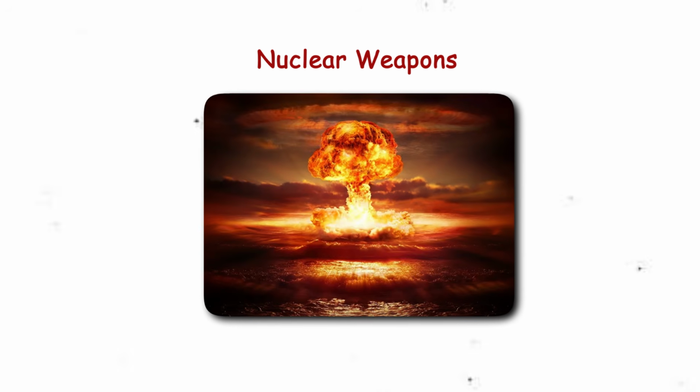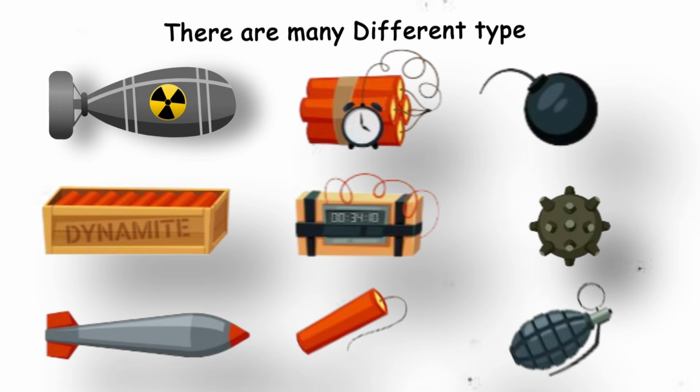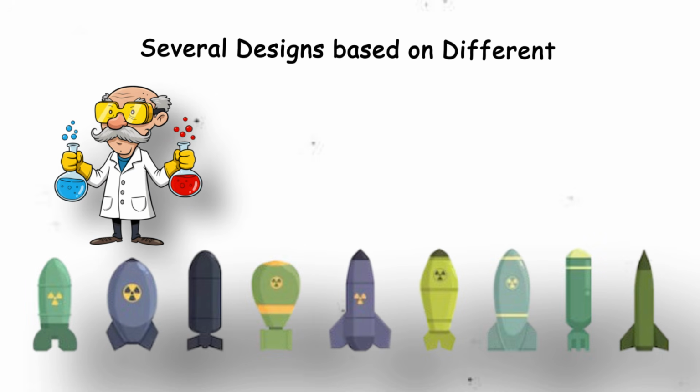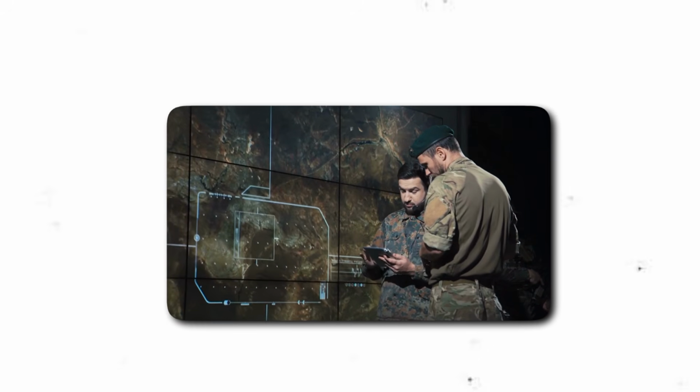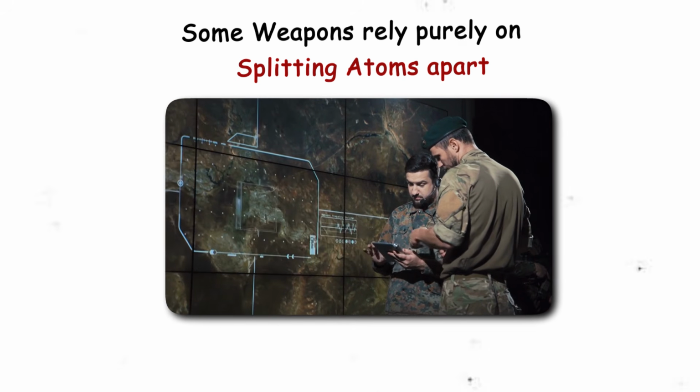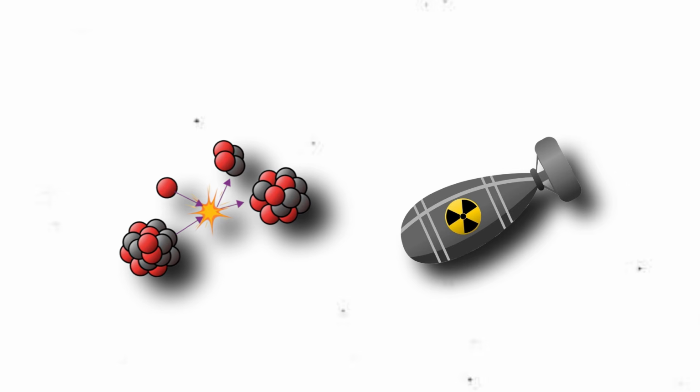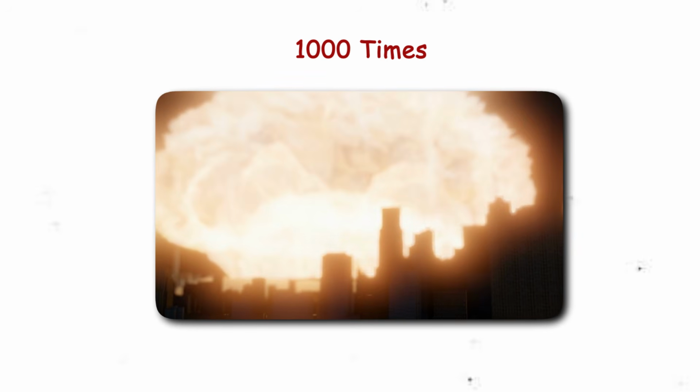Nuclear weapons are often talked about as if they are all the same, but in reality, there are many different types. Over the past century, scientists have developed several designs based on different nuclear reactions and engineering approaches. Some weapons rely purely on splitting atoms apart. Others combine multiple nuclear reactions into one device to produce explosions thousands of times more powerful than the bombs used